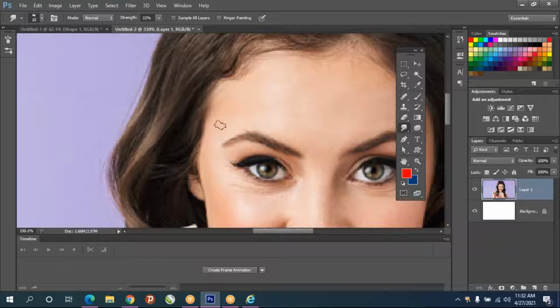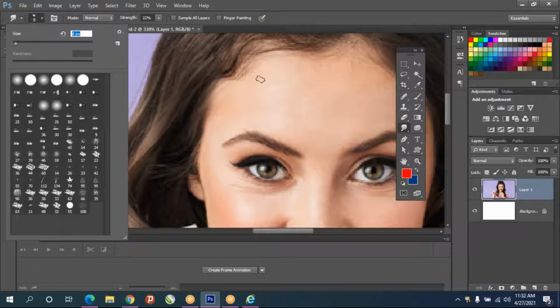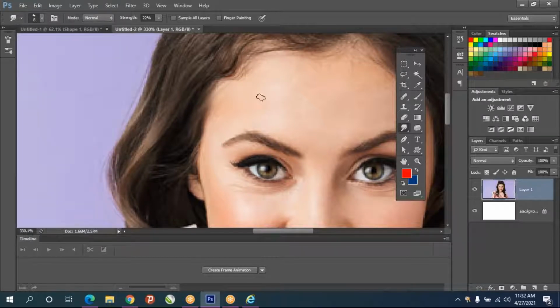And even more, you can reduce the brush size by square brackets, or else you can reduce the brush size here also. And now I'll increase the strength.